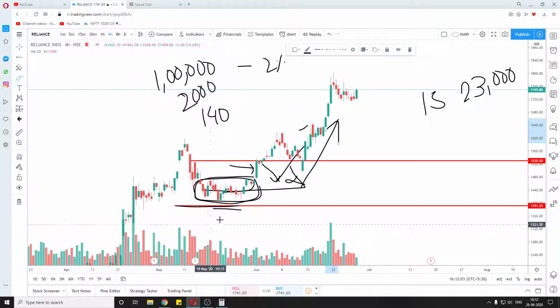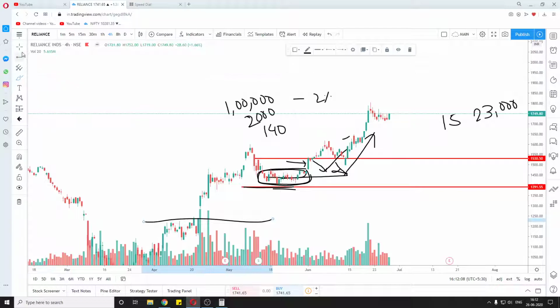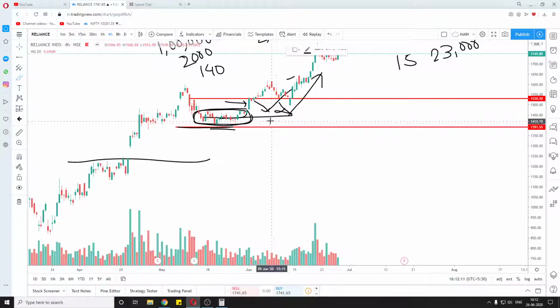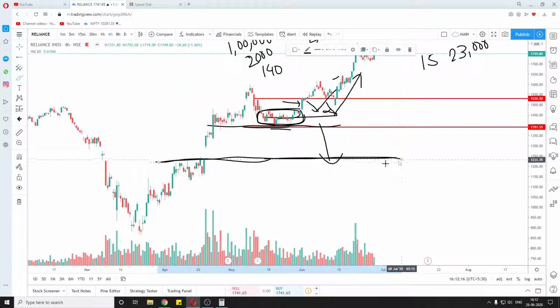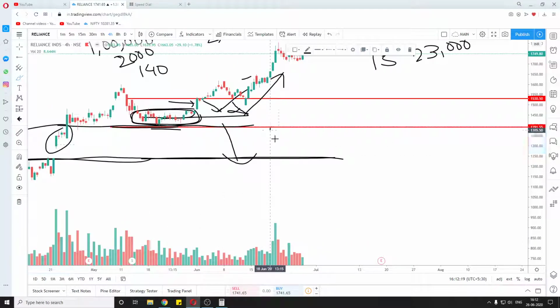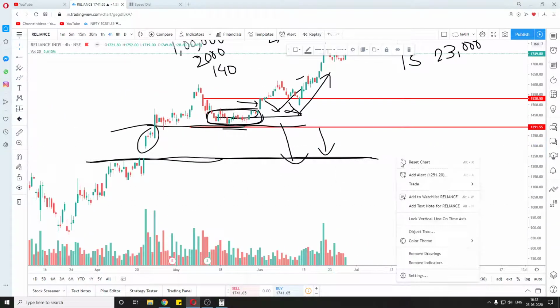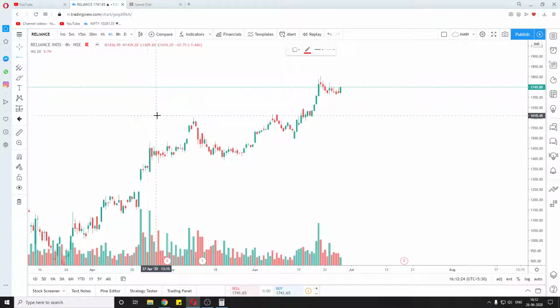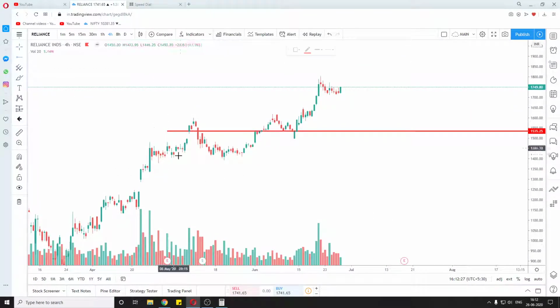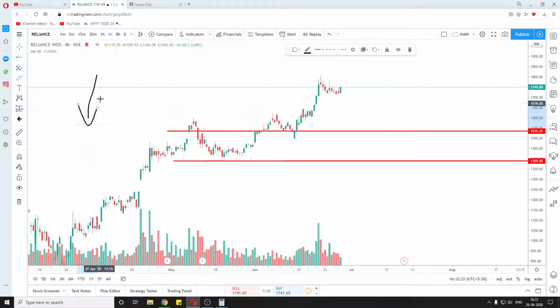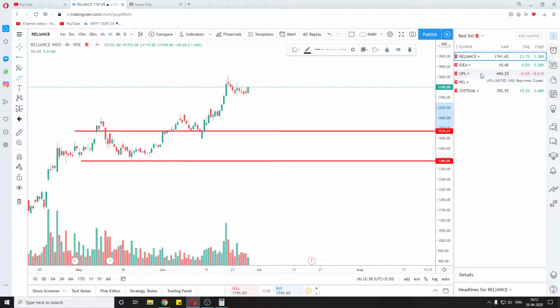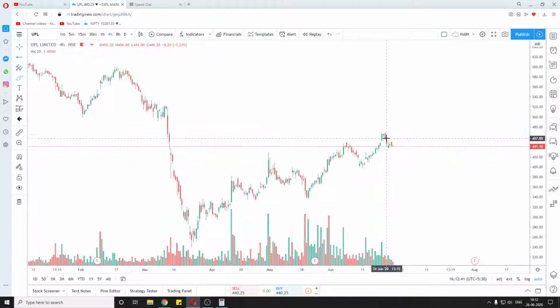And if for some reason the price goes below this accumulation, that means it's going to fall to the next level. That is this area. It's going to fall directly to this area, because this is our last support and the next support is here. There is not much volume here, and the price can quickly fall to the downside. That is why we take a proper entry and a proper stop loss at the lower level. Now the stop loss is big, so the quantity decreases. This is how it works. Let's look at the other examples, which we used in the investing strategy video.